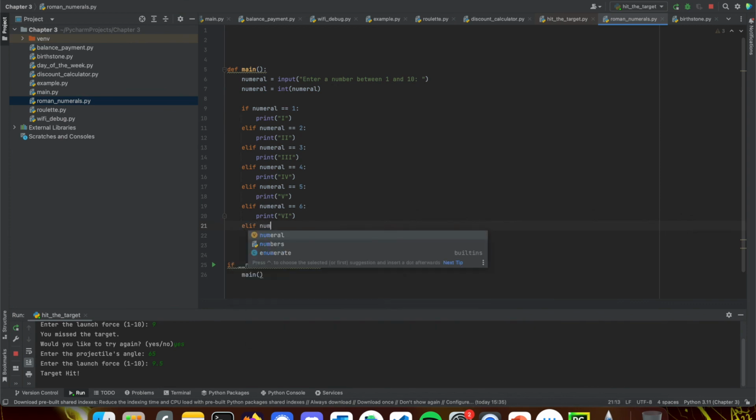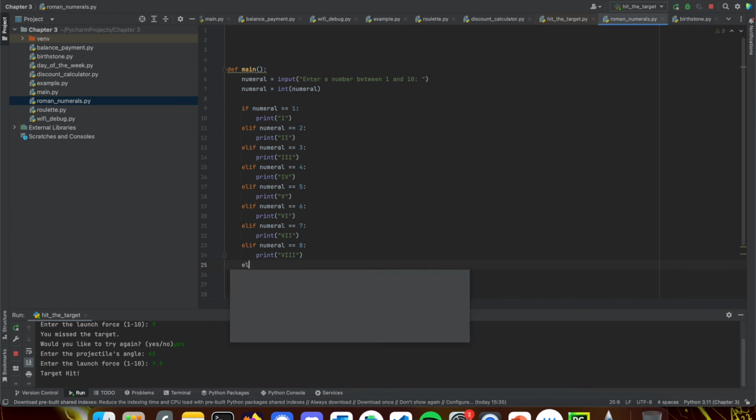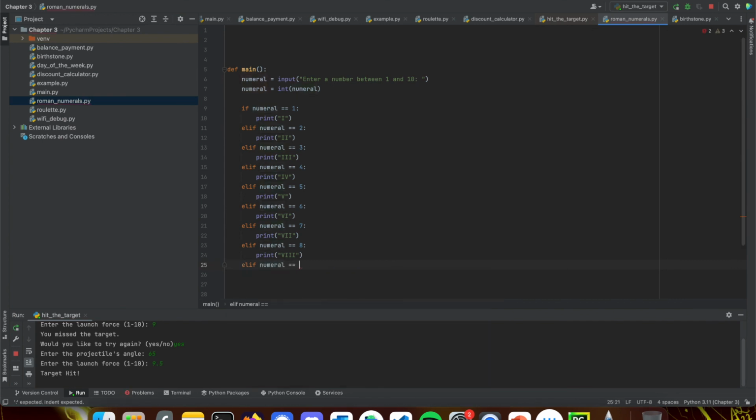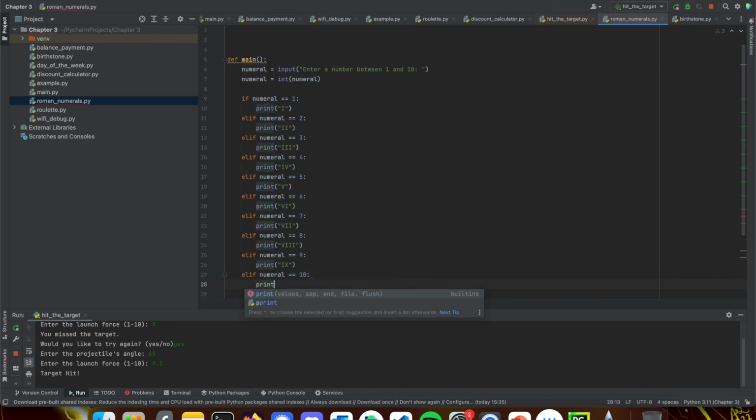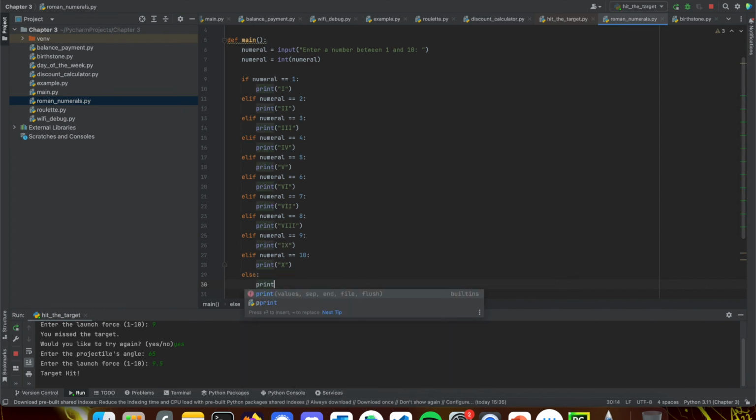We have elif numeral equals 7. We're going to print VII. Elif numeral equals 8. We're going to print VIII. Then elif numeral equals 9. We're going to print IX, because X is 10. And then elif numeral equals 10. We're going to print X. And then else, if it's none of those, we're going to print error. Okay. So if we run this now,